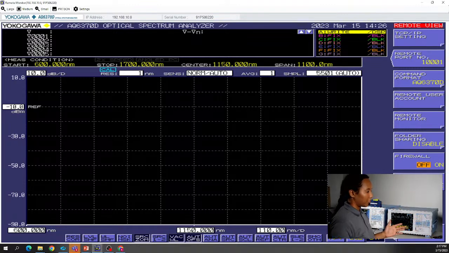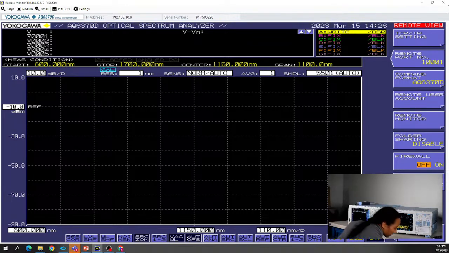So right now this is our AQ6370D. I don't have it set up in a way that I wanted to show what is going on. Right now we have an optical cleaner right here, and then we have an optical fiber. A good rule of thumb is that you want to clean these fibers before putting them into the OSA. It will not damage it, but it's a good rule of thumb just to make sure that your measurements are accurate. So just open this and clean them,